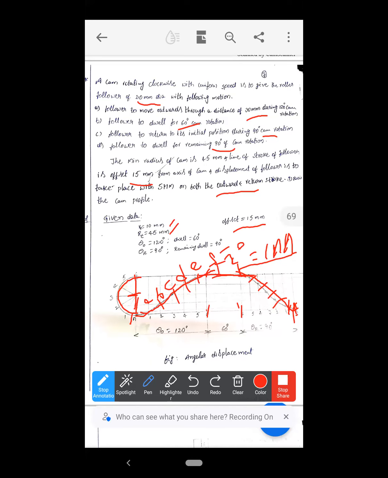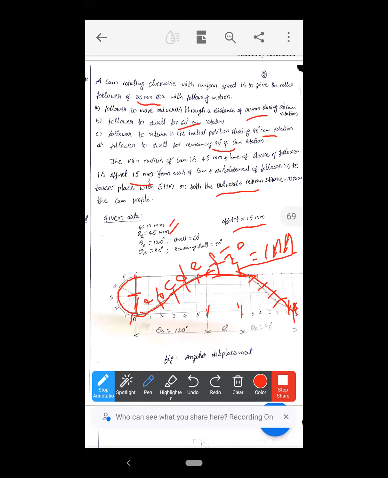The procedure we have done applies only for this portion, up to our outstroke, and the return stroke is varying. So that is the procedure for construction of the displacement diagram, and you have to apply it in the return stroke period. Okay, that is very important. Outstroke and return stroke are also called the ascent portion and descent portion, whatever it may be.